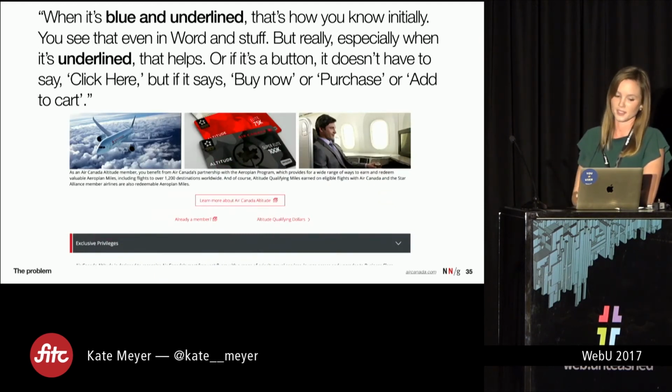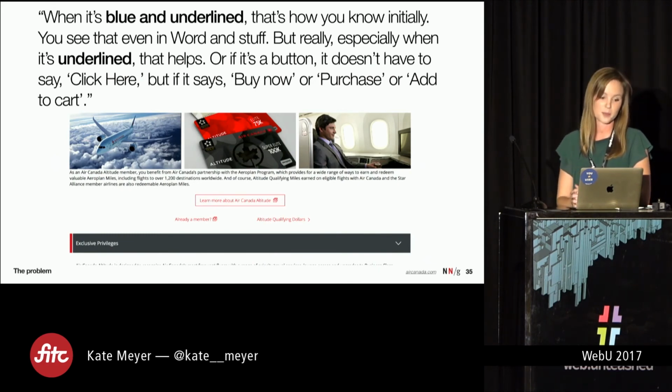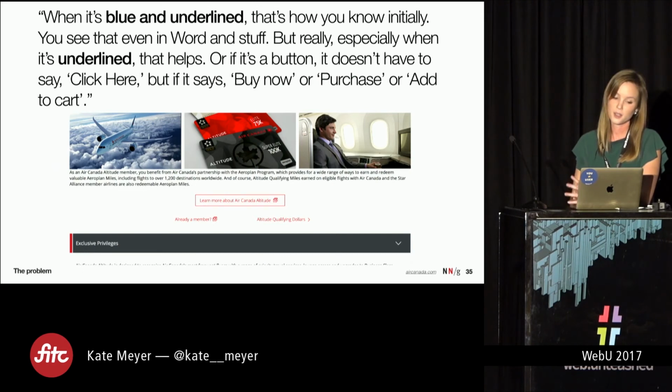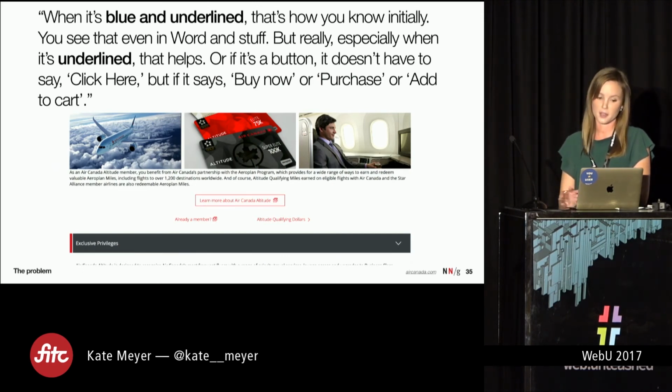So here's our second one. This user said, "When it's blue and underlined, that's how you know initially. You see that even in Word and stuff. But really, especially when it's underlined, that helps. Or if it's a button, it doesn't have to say click here, but if it says buy now or purchase